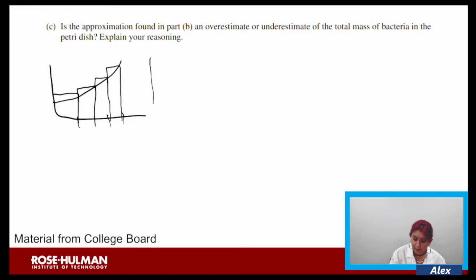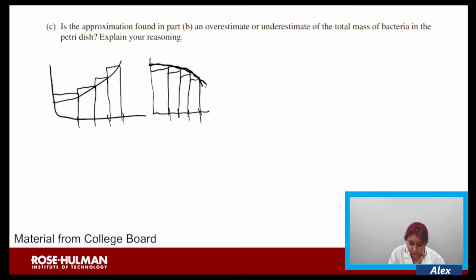An example of a right Riemann sum that would be an underestimate would be a curve such as this. Excuse my inability to draw a curve. Then you would take rectangles like this. But as you can see, there are little gaps under the curve. So this one would be an overestimate and this one would be an underestimate. So for our estimation, the graph that we have to consider